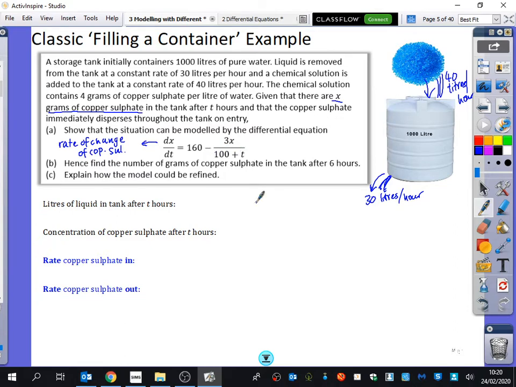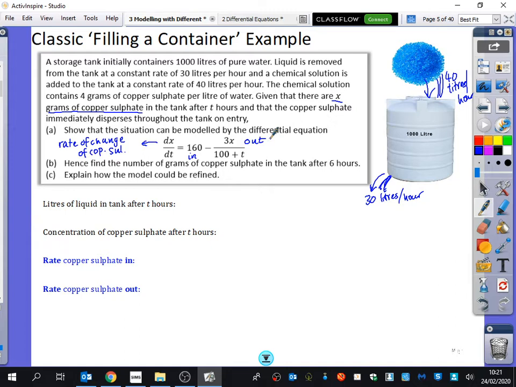Good. This must be because this is the rate of change. If you have a positive rate of change, that means going in. If you have a negative rate of change, it means going out. So this must be the bit that's going in. This must be the bit that is going out, because it's got a negative. We've got a fixed amount coming in. The amount that's coming out is the weirder bit, because it's a mix of all the dispersed copper sulfate,